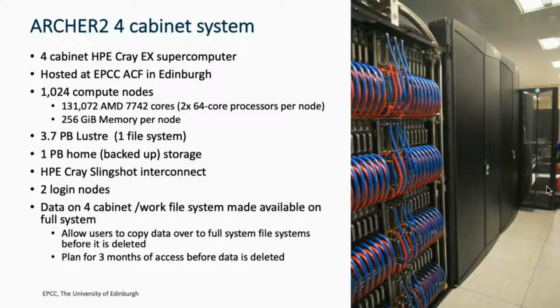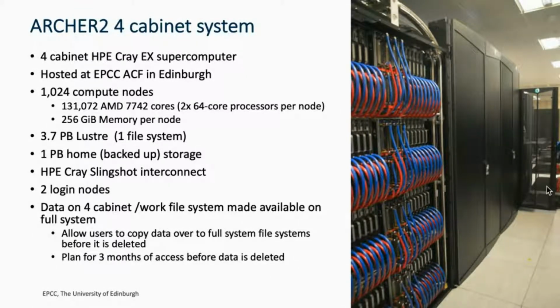It's got the new Cray interconnect, which is called Slingshot, which I'll talk a bit more about as well, though we have less details on that. Two login nodes, and the idea is that any data that you have on the 4-cabinet work file system will be made available on the full system